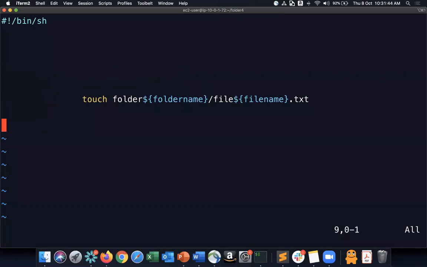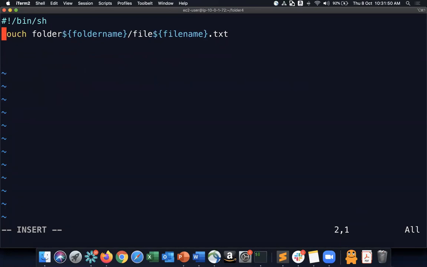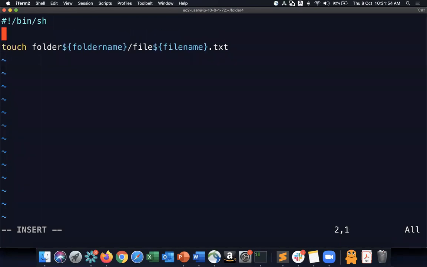So except this line, I'll delete all the lines. Okay, in this case, what I'm going to do is I'm going to say mkdir folder